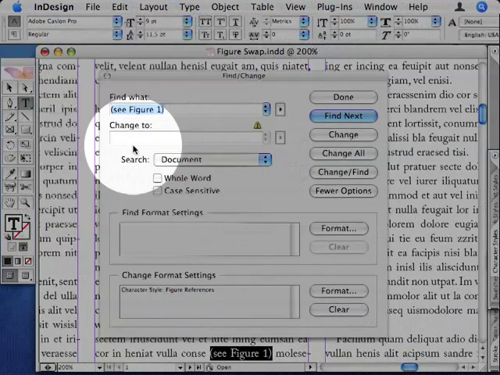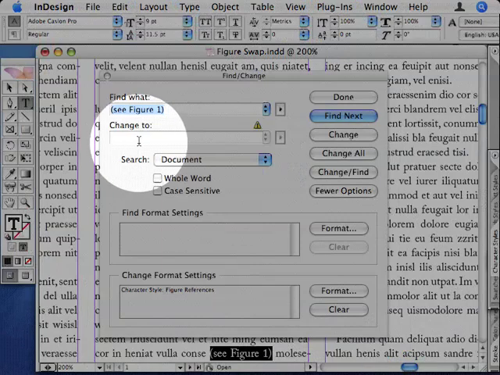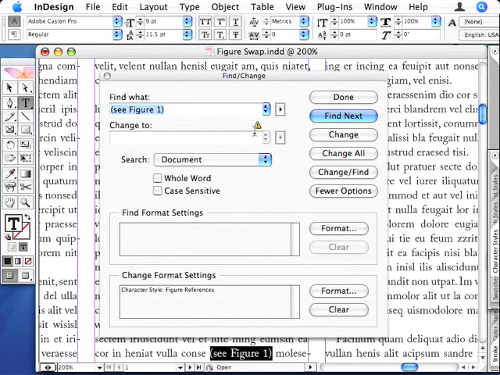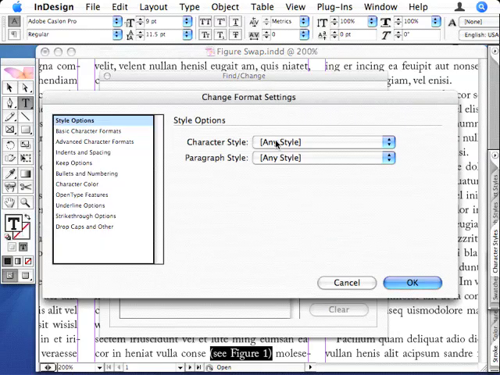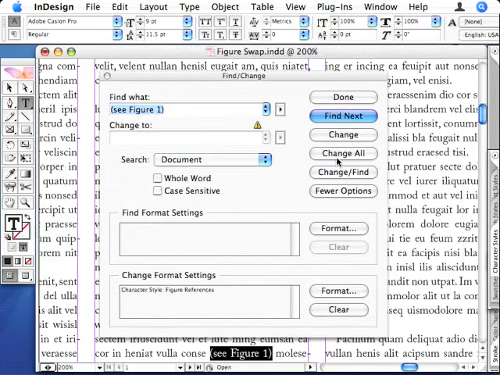One thing to note here is that the Change To field is empty. I'm not making any text changes, just format changes. You'll also notice that this little alert icon is here. This indicates that there are format settings applied for what's being changed. If I clear those format settings, that icon goes away. But I actually want that formatting for this search, so I'm going to put it back and click Change All